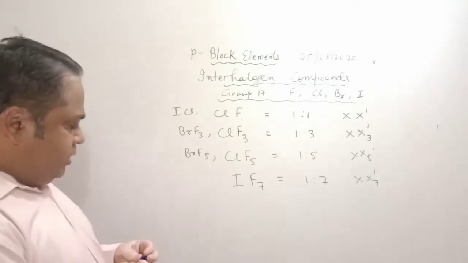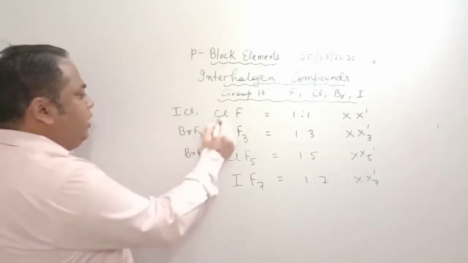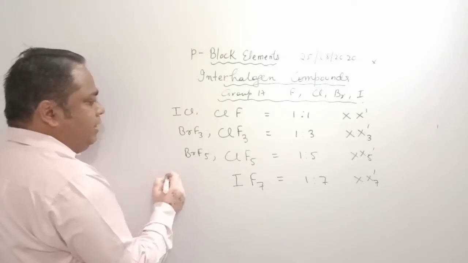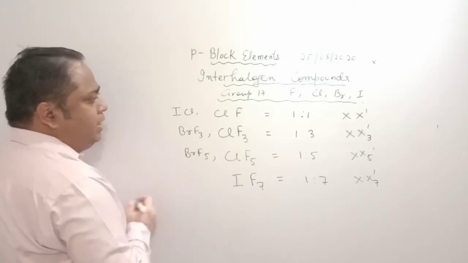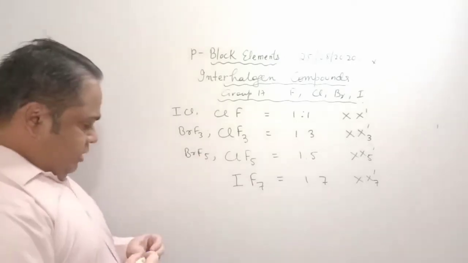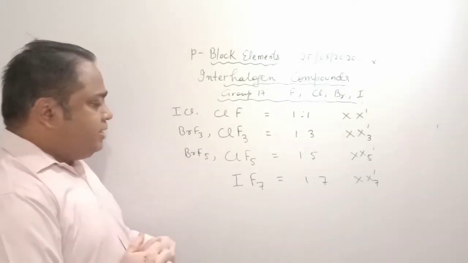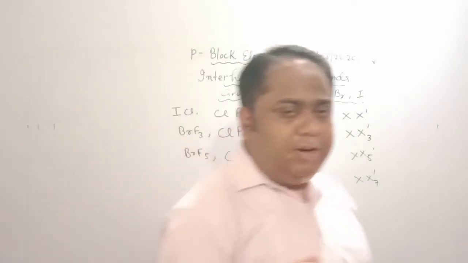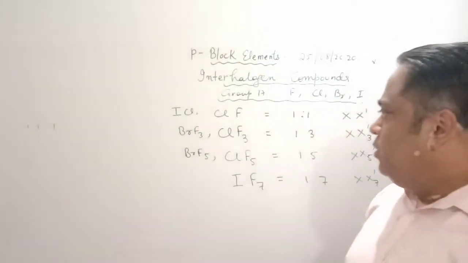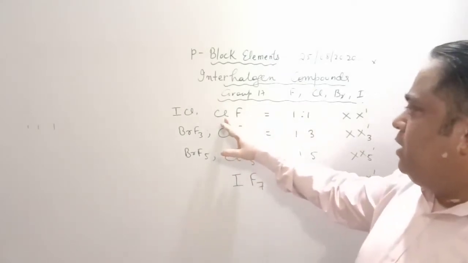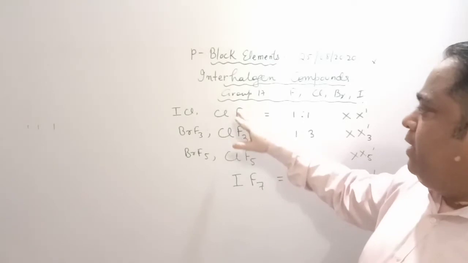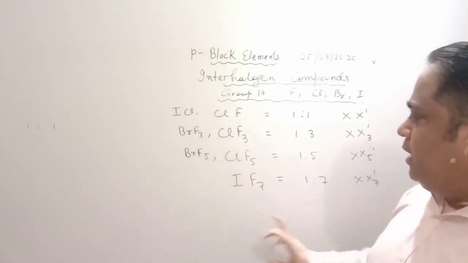Now one thing has to be seen here. Here see chlorine, chlorine, chlorine, iodine, iodine, bromine and bromine are the central atoms. Okay. The central atom has to be bigger and the peripheral atom has to be smaller first. Second thing is that the central atom should be comparatively electropositive than the peripheral atoms or surrounding atoms. The electropositivity of the central atom should be more than that of the peripheral atoms which surround it.